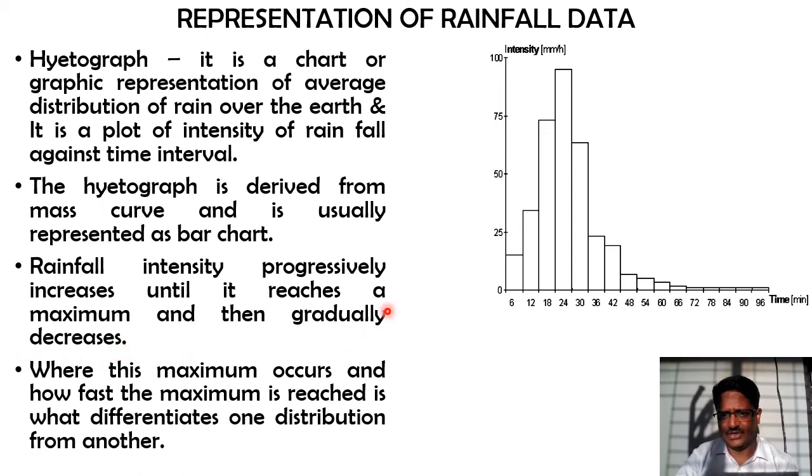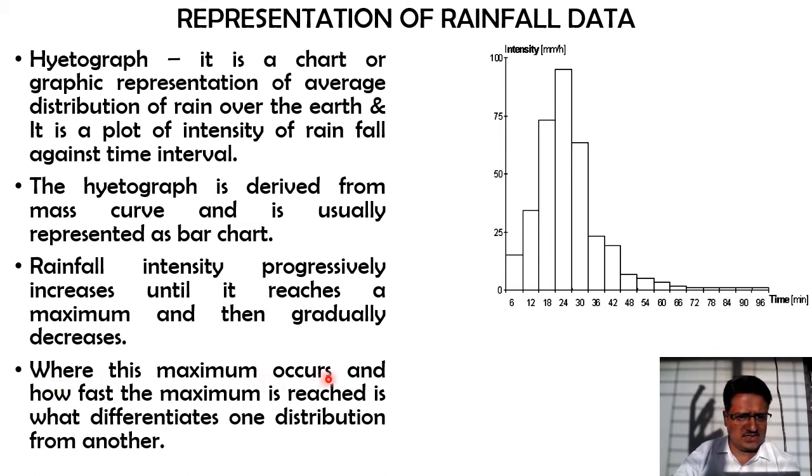So usually whenever rainfall happens, it starts and goes on increasing in its intensity, and at a particular point it will reach its maximum and then slowly start to reduce. Similarly over here, as time increases, the intensity of rainfall is increasing, and after a particular point of time, based on the cloud formation and other aspects, once the maximum point is reached, the intensity is going to go on reducing. That is being explained here.